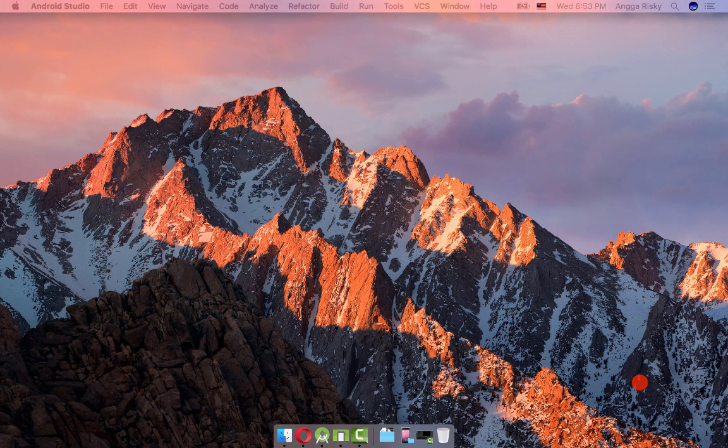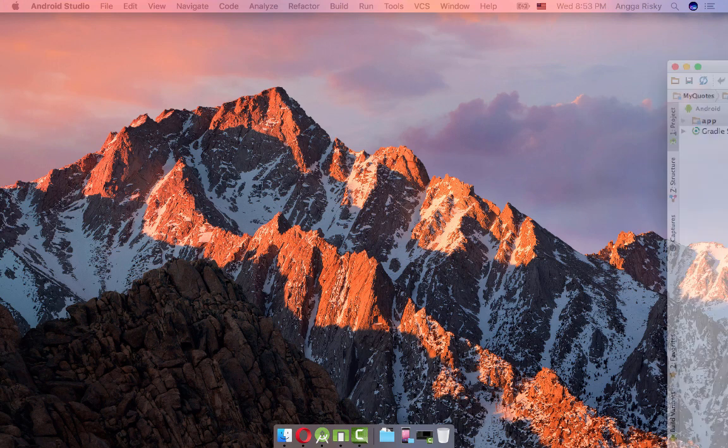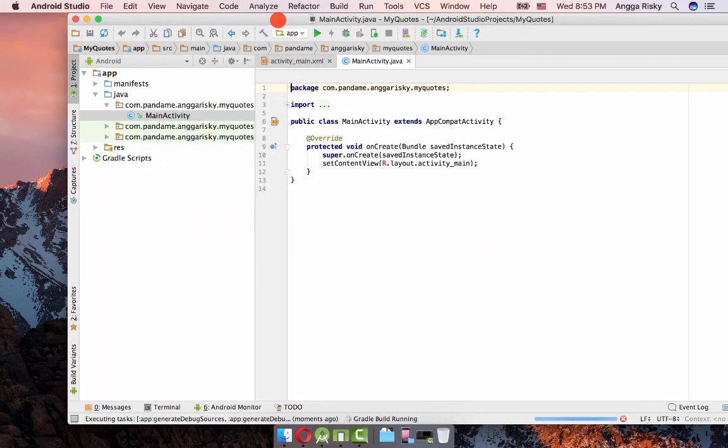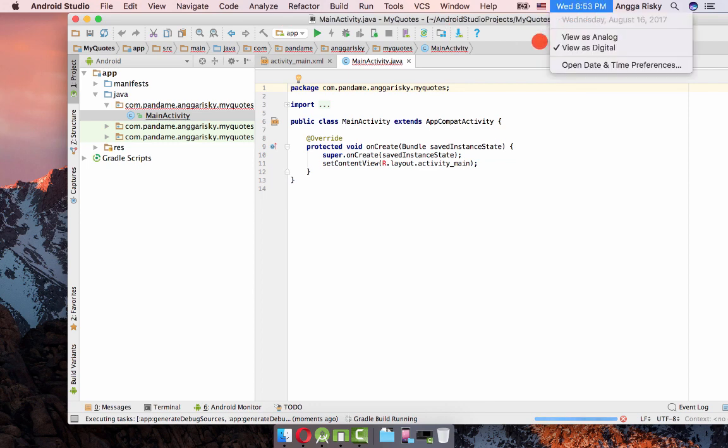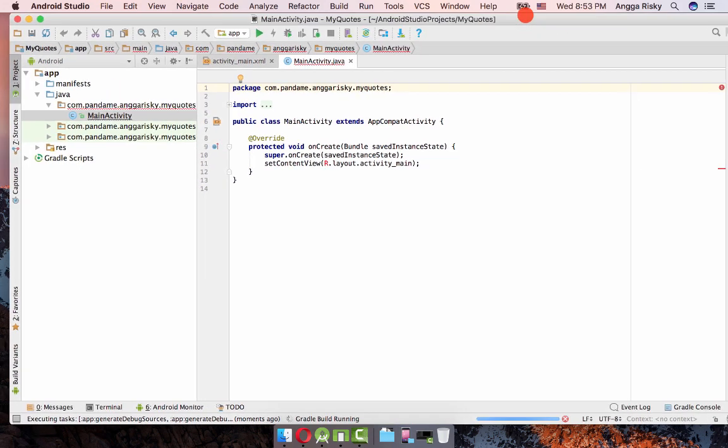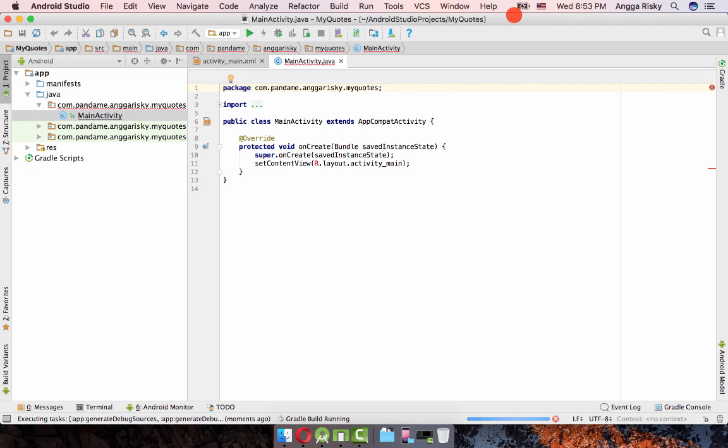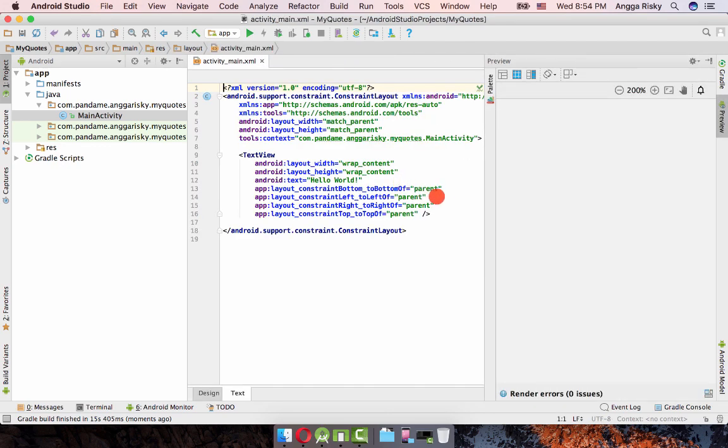And in the next video, maybe we can start with the Java. But right now, I want to make sure that our design is beautiful without a sketch, without a graphic designer. So it's pure from the Android Studio. We're going to use the XML to make it more beautiful. Right now we only focus on the XML, so just close your Java. And after that,